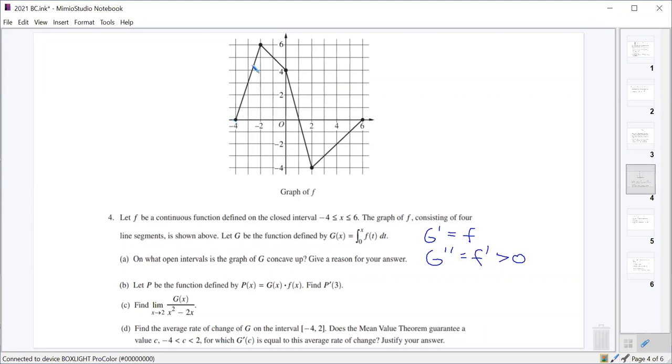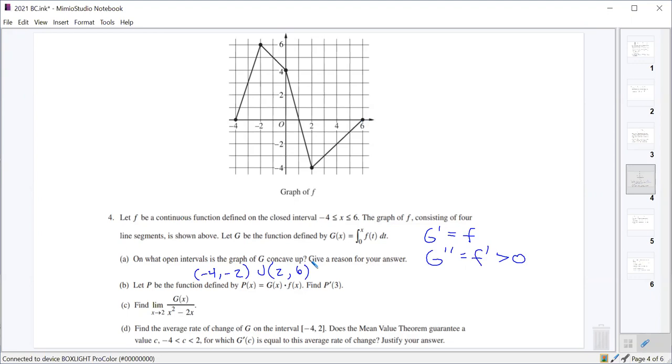So -4 to -2 and 2 to 6. Other than that, all the slopes are negative. Everybody agree with that? Yeah? Okay. Part B, we got a new function, capital P of x, which is capital G of x times